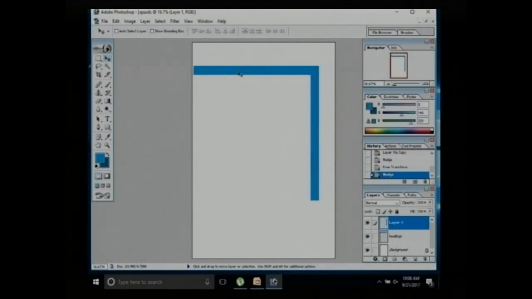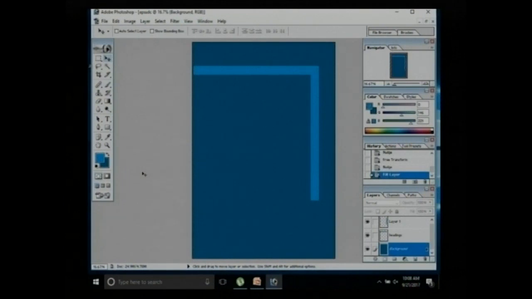If I want to give a text, or if I want to add a glass effect, what I'll do, I'll go for background, I'll apply the foreground color by pressing Ctrl Delete. So I have added a color here, and if I want to make these two as a glass effect, you know what I'll do? First, I'll merge this. You know how to merge. I am selecting layer 1, Control plus headings,